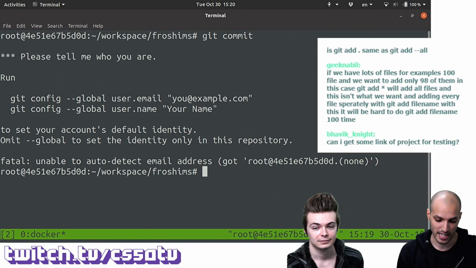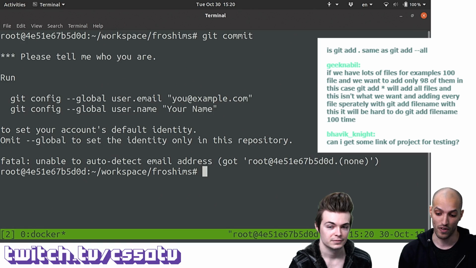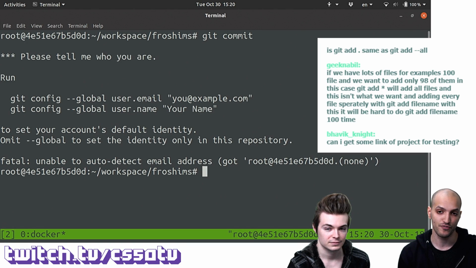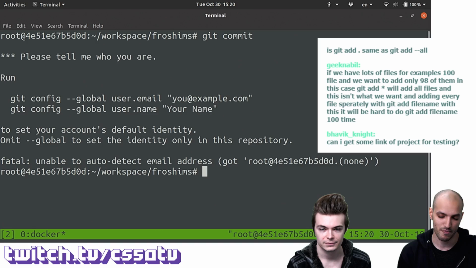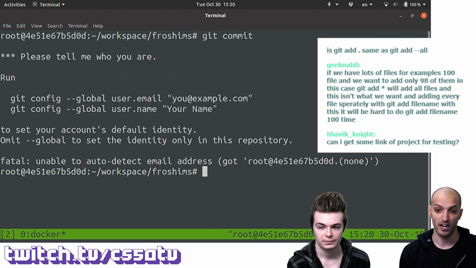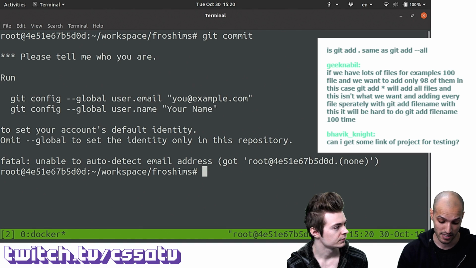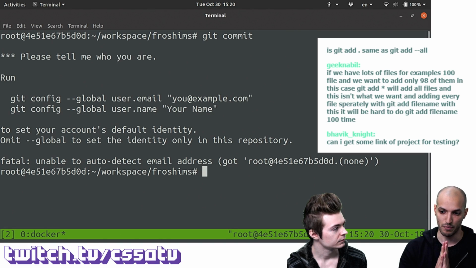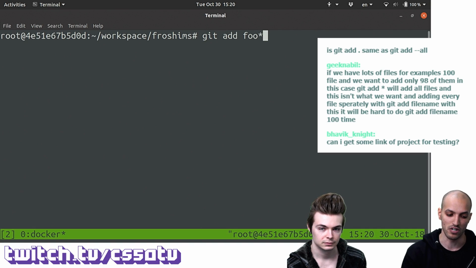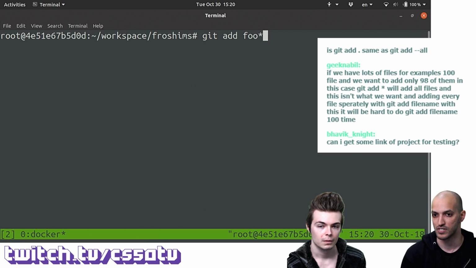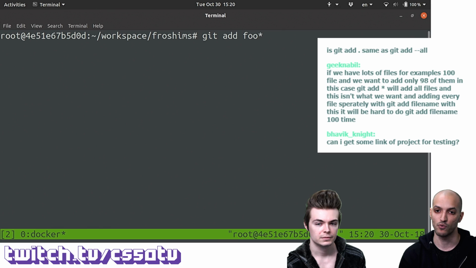But the good thing is that if you don't want to group these files under one directory and add it as a directory, one thing you can do is use some of bash features, which is the shell that we're using here, to specify certain patterns for files to add. So for example, I could tell Git, hey Git, add all the files that start with the prefix foo. So like foo star. Yeah, exactly. git add foo star, or you can really play with this logic and customize it however you want to fit your use case.